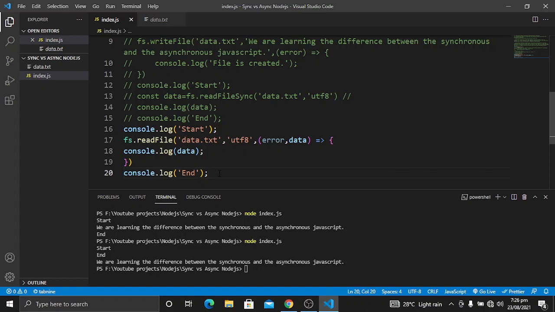So these are the basics of Node.js, the synchronous version and the asynchronous version. You can decide whether you want to use the synchronous versions of Node.js core modules or the asynchronous versions, depending on the situation you want to tackle. So I hope you have understood this concept.